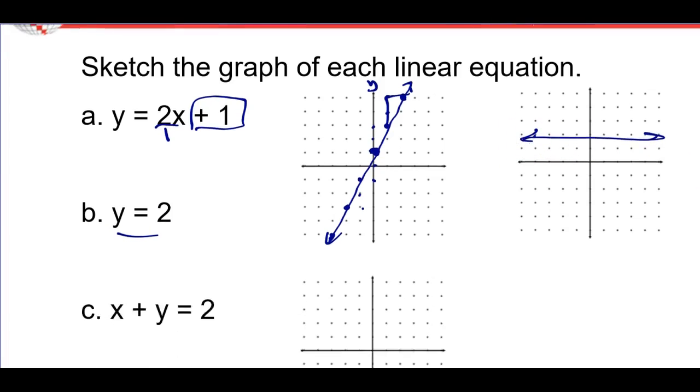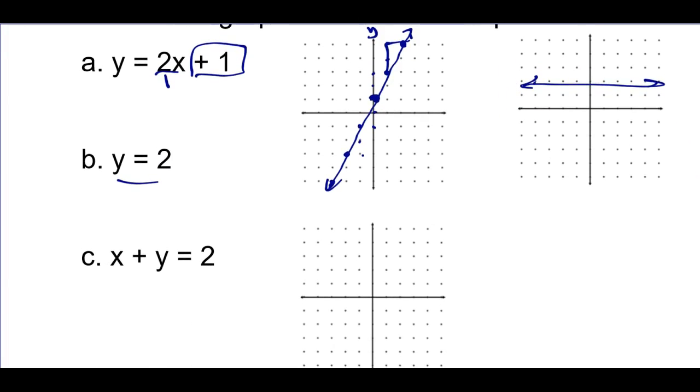No matter what x is, y will always be 2. And the easiest way to graph this one, which I think I shared in an earlier video, is just x and y intercepts. So to find a y-intercept, you let x be 0. If you let x be 0 here, y will equal 2. So that's called a y-intercept. And then likewise, if you let y be 0, you're finding an x-intercept, and the x-intercept's at 2,